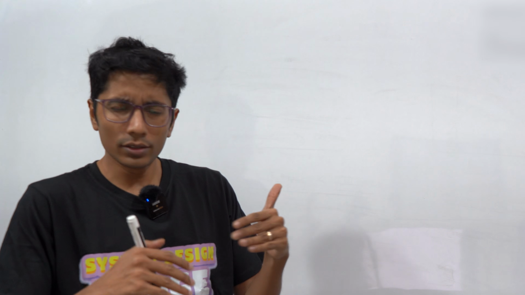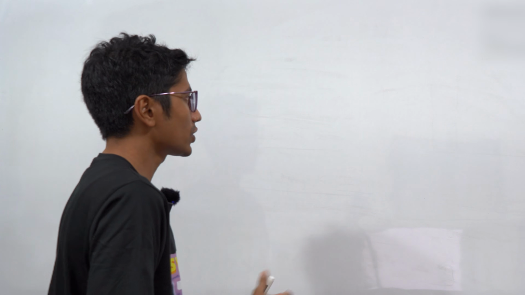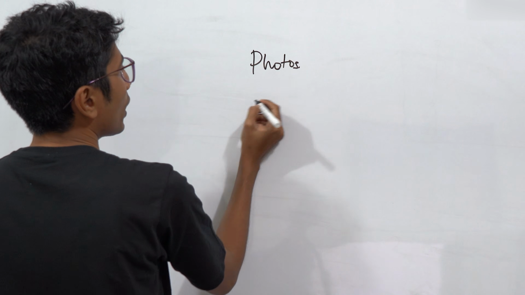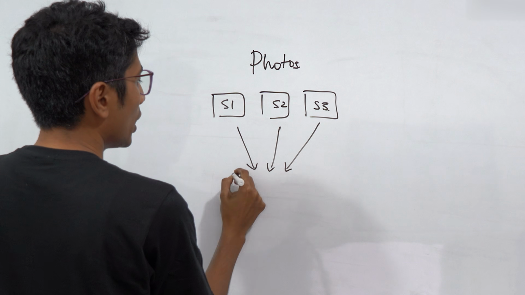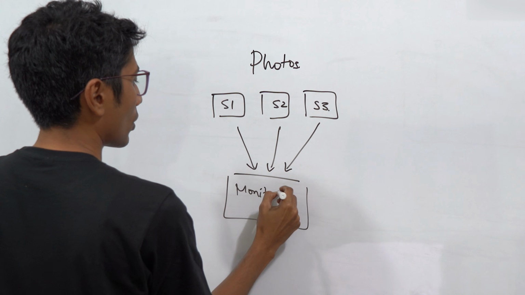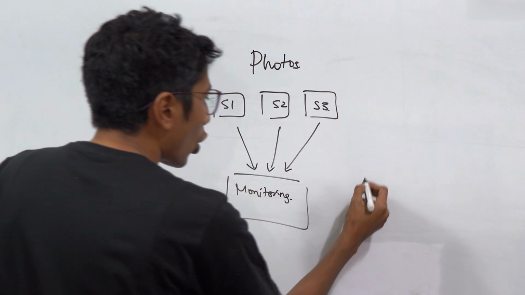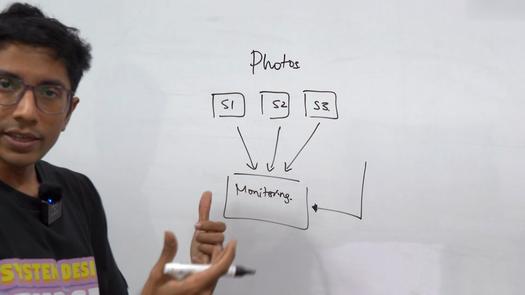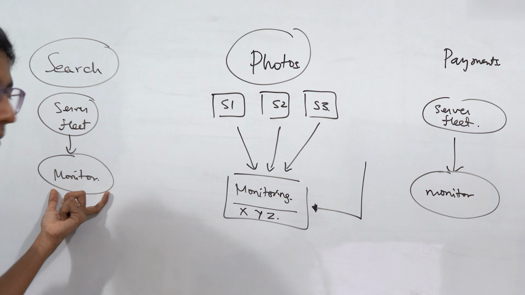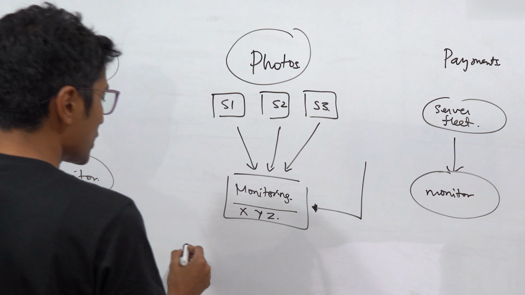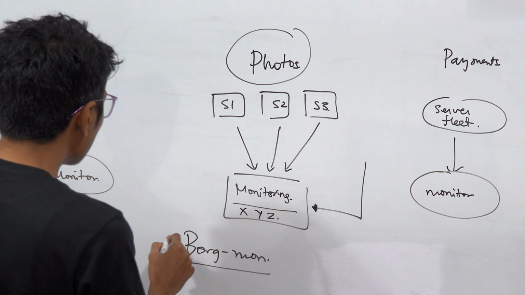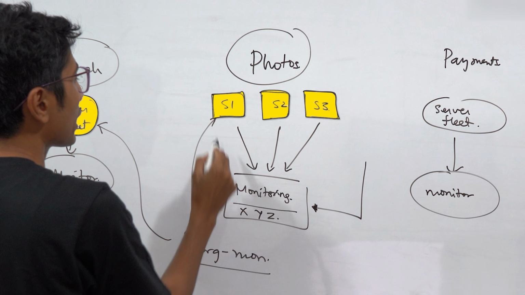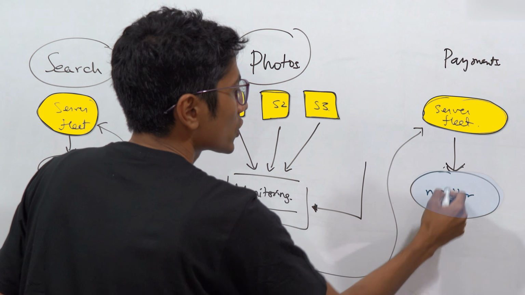So let's go back to 2010. You're the principal engineer at Google and you hear these complaints from engineers who say, I have a system, I'm running Google Photos and my fleet of servers pushes metrics to a monitoring system. Every time there's a problem, I have to log into this system and see where things went wrong. You ask them, how did they develop this? And they say, oh, there's a common library. There's something called BorgMon, which means Borg Monitor at Google. This library is used by all systems, all of the server fleets that we have, to push metrics to the monitors.